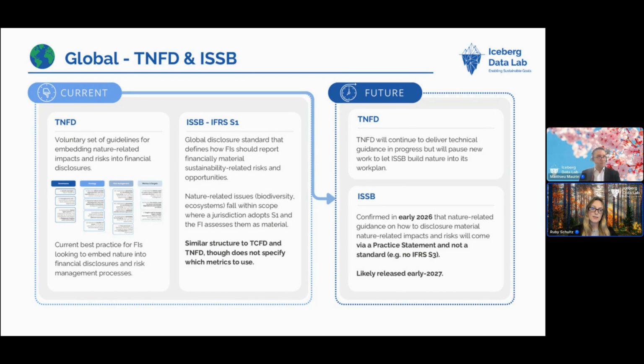The first one is governance. So we're looking at how nature-related dependencies and risks are being addressed at a governance level. The next is strategy. What are these nature-related dependencies and risks, and what are their impacts on company strategy? Thirdly, we have risk management. How are these nature-related dependencies and risks being identified, managed, and integrated into company risk management?